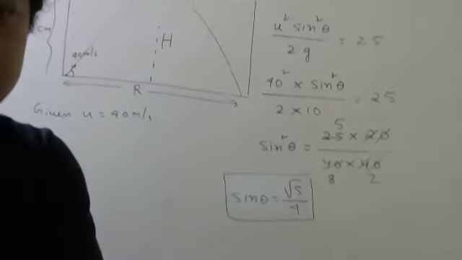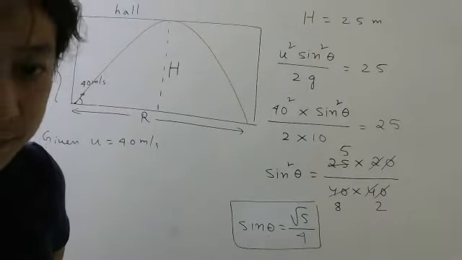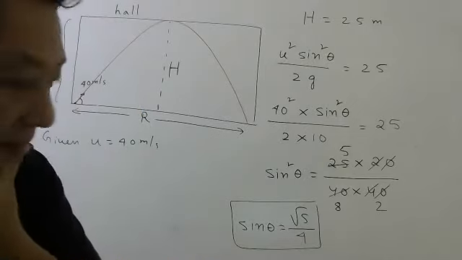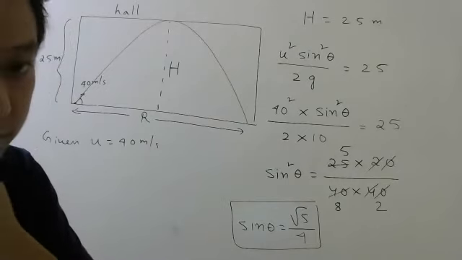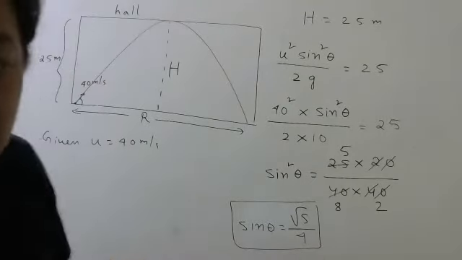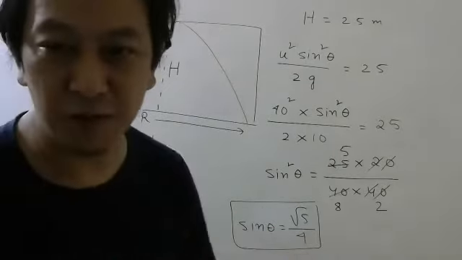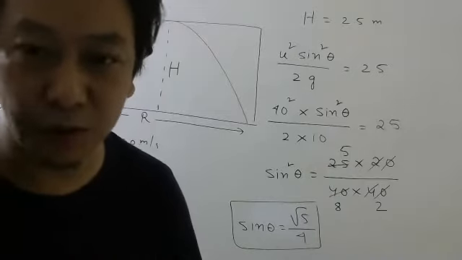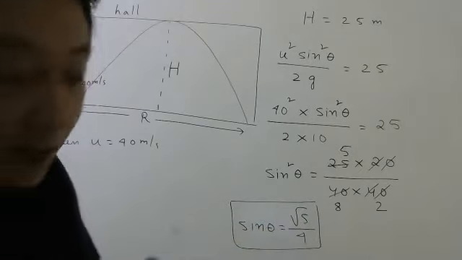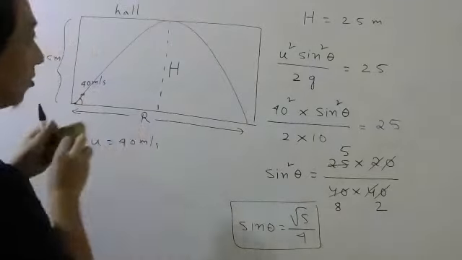Is it clear? Calculation part is clear, right? Okay. So now we have found our theta. I have not found theta; sine theta I have found. From here, if you try to find theta, it will be complicated, students. You have to use log table and all, which right now you don't know how to read also. So we will not try to find theta from here. We will leave it like this only. Then the question was to find how much far it will go, maximum horizontal distance. So this R we have to calculate.